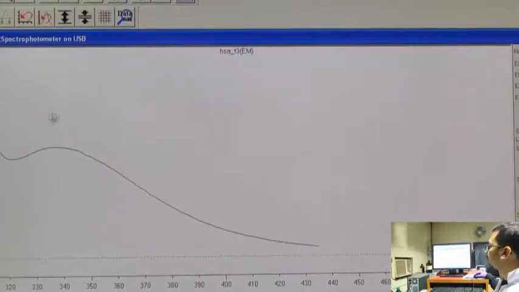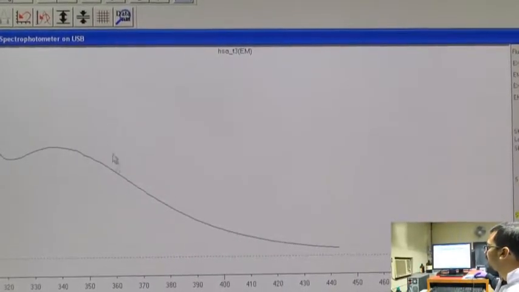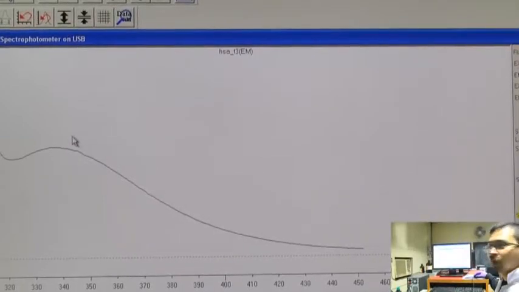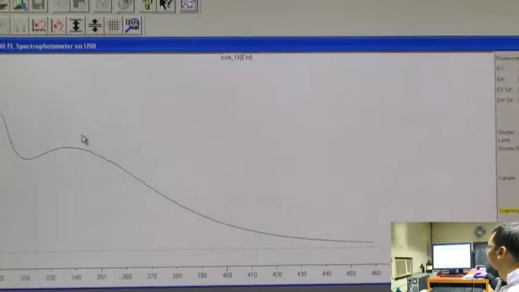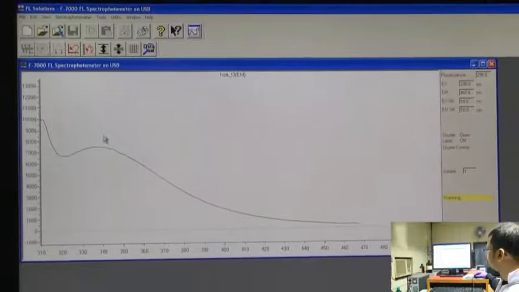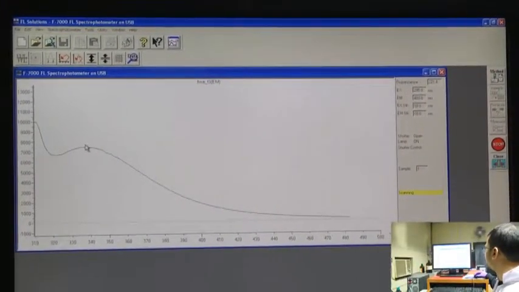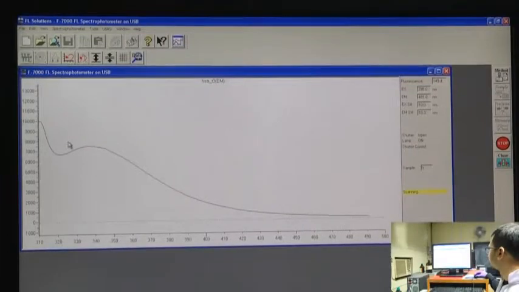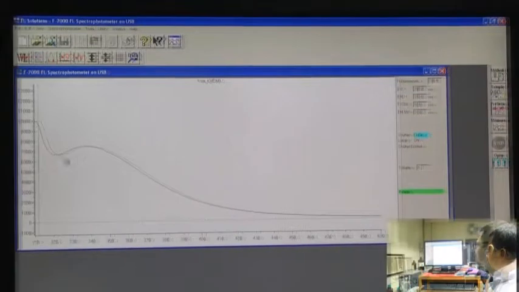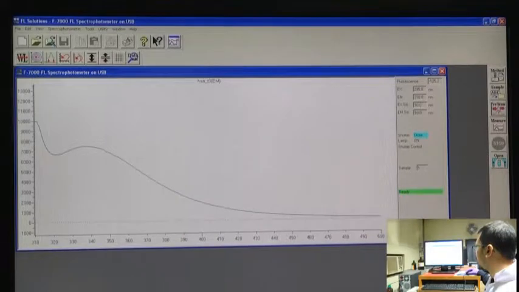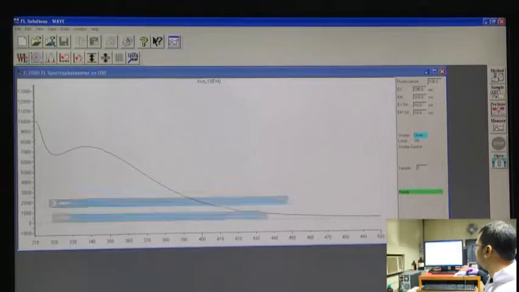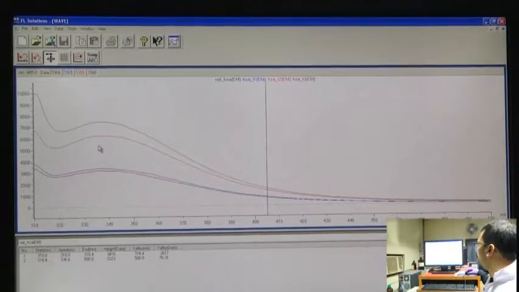The main part of the spectra we should be concerned with is the intensity around 340 to 350, which is for tryptophan. So, this reading has been taken. Now, we will go to this part and see how it changes.